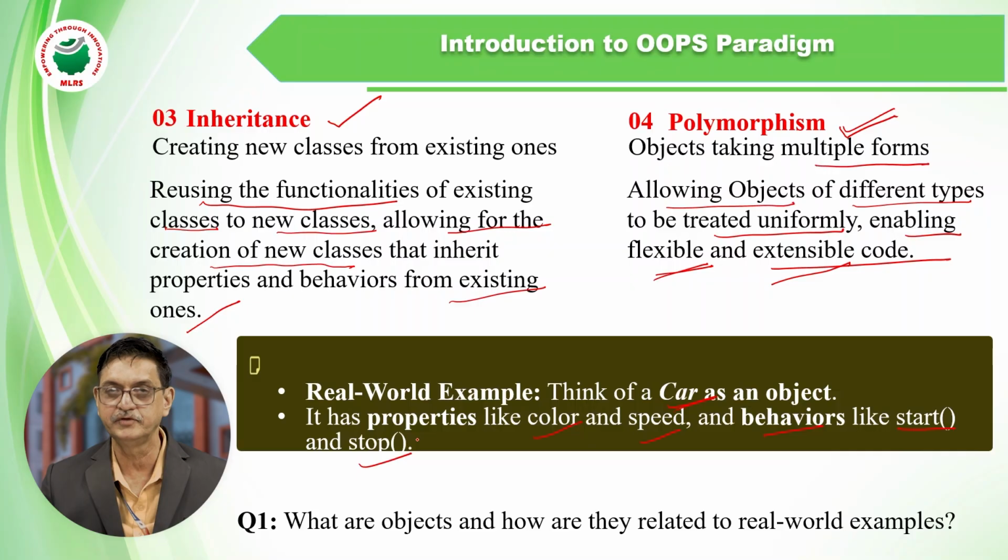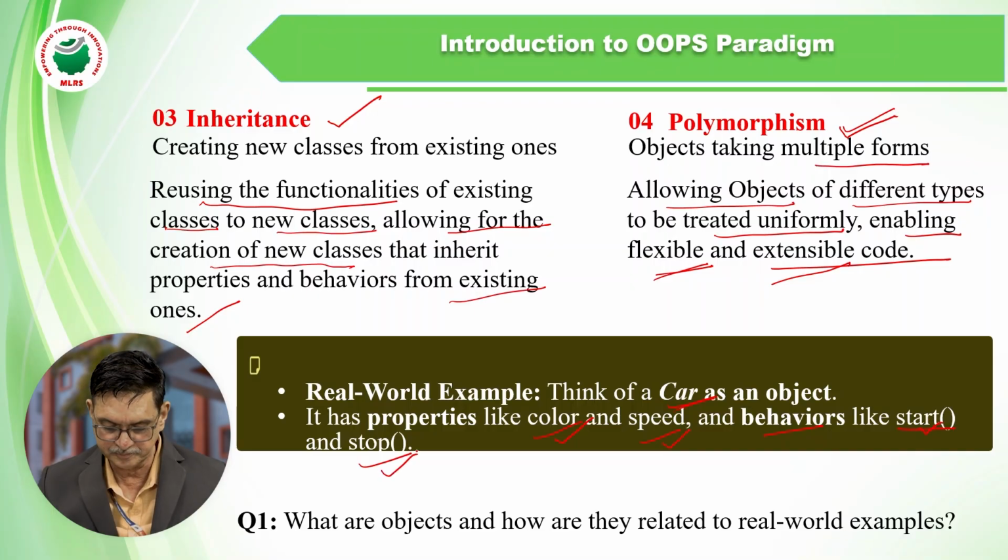So we identified the real world entity, the car, as an object. The car has a few properties and a few behaviors or methods. The properties are color and speed, and we include them in the object development, along with a few behaviors or methods like